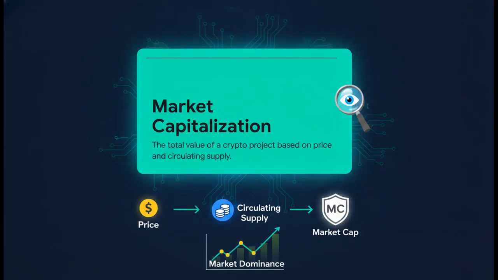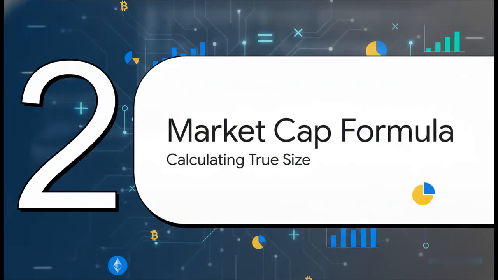Enter market capitalization, or just market cap for short. Think of this as your lens of truth. It is the total value of a cryptocurrency project, and it's calculated based on its current price combined with how many coins are actually out there in circulation. This is the metric that gives you the full, unvarnished picture. It tells you the project's real size, its dominance, and how it actually stacks up against other coins in the ecosystem. It essentially elevates your perspective, you know? It takes you from just staring at a random number on a price chart to actually seeing the true weight of the project.